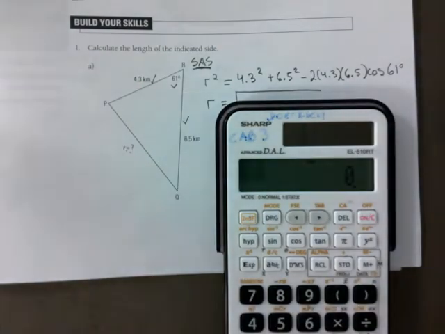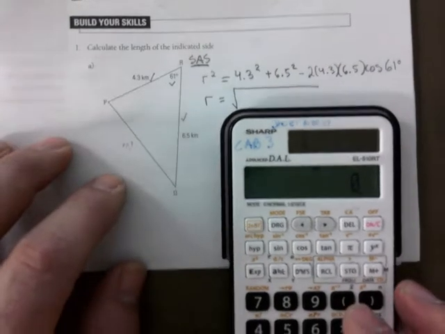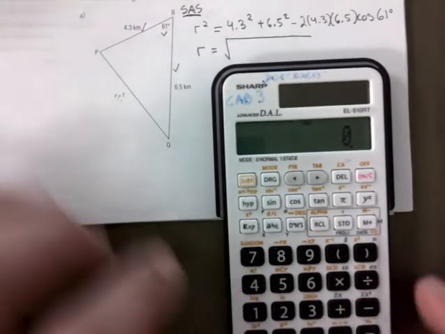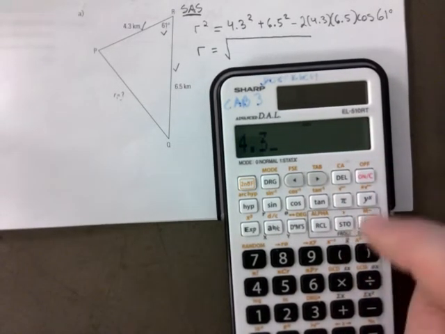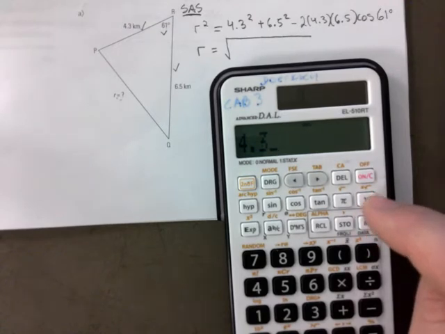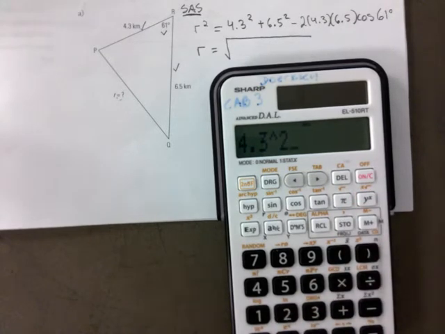So a lot of you have this type of calculator, which is a one-liner. Watch this. I go 4.3. This calculator does not have an x squared button, so it's the y to the x, right here where my finger is hovering over. I press that. You see that little hat? And then I go 2. So it's 4.3 squared plus